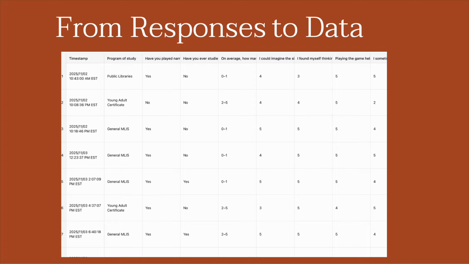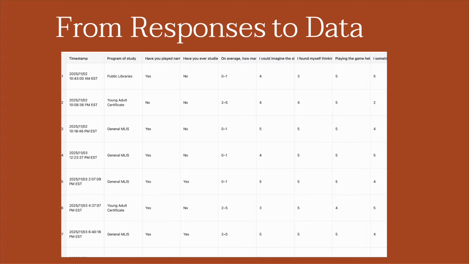So, moving from our responses to data. This is a screenshot of taking the data out of the Google form. We created this Google survey in a Google form, and then it creates this CSV data, and from there we take that comma separated value data into Excel, and then from Excel I took that into a statistics program. So after you completed the survey, the responses were exported into the spreadsheet, and then I cleaned the data using SPSS, which is a statistical software package.